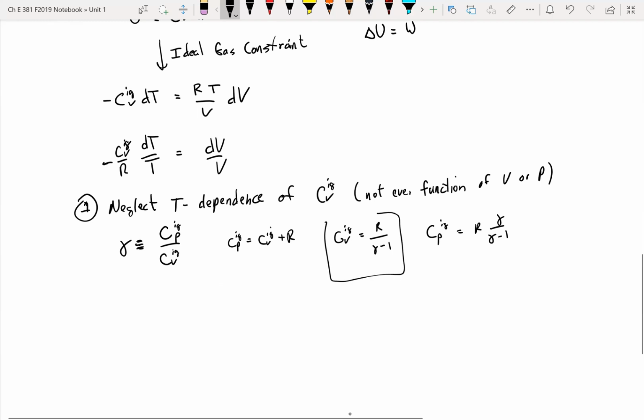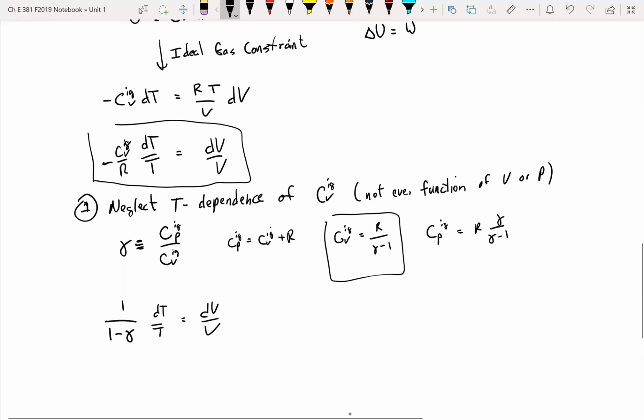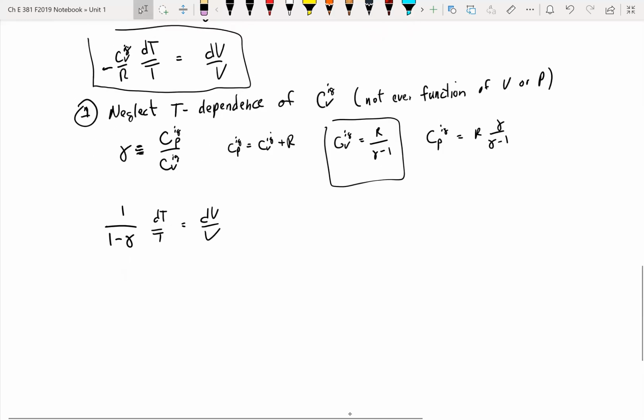I go ahead and use that substitution in this equation, then I am going to get 1 over 1 minus gamma. And so to account for the negative sign, I just switch the ordering of the terms in the denominator there. dT over T equals dV over V. And so if the heat capacities are not functions of temperature, then that means gamma is also not a function of temperature. So that means that the natural log of T2 over T1